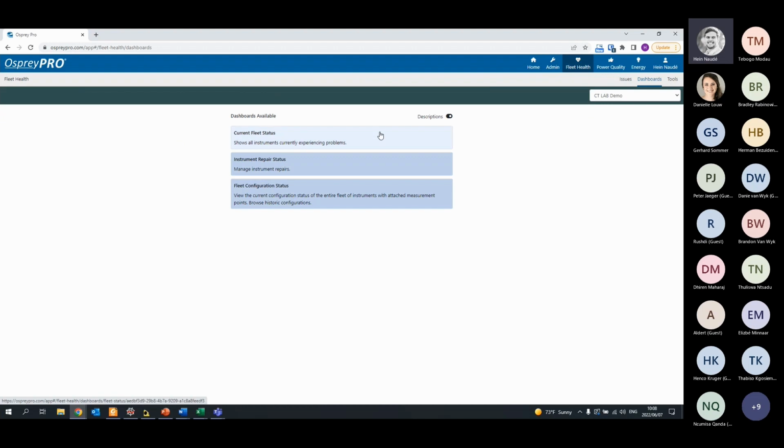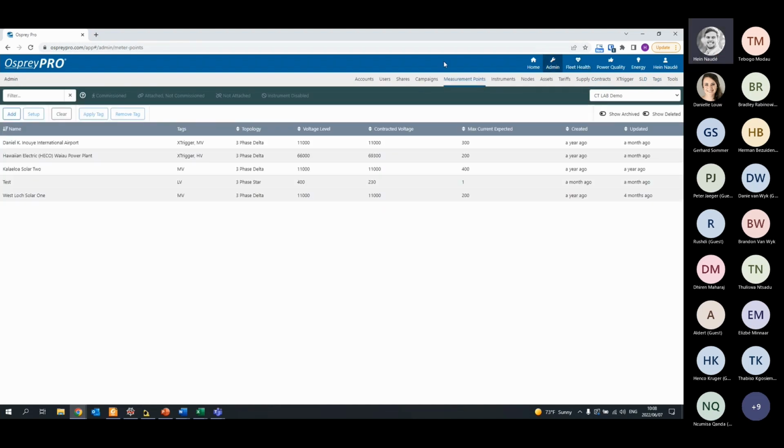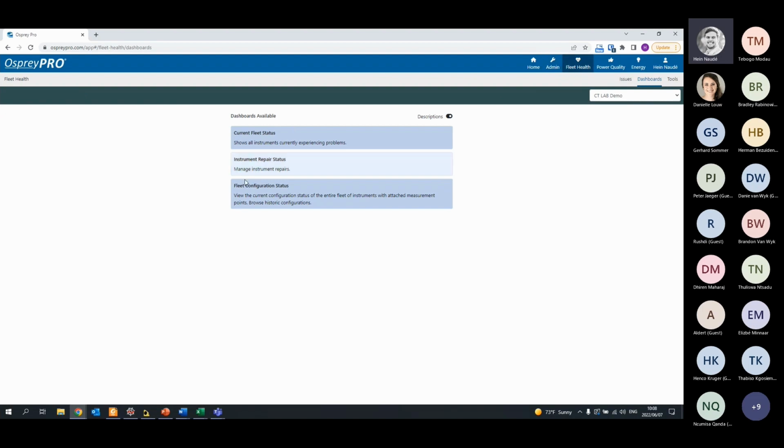Now, the fleet manager will have access to certain functions on that, but not all of them. And they will also have access to this fleet configuration status. This fleet configuration status is a dashboard that will show you the configuration of all your devices and how your configuration has changed in the past. Now, this specific dashboard is not available to standard users, but going forward from here on out, all functions will be available for standard users as well. Yeah, so just to show you quickly what this specific